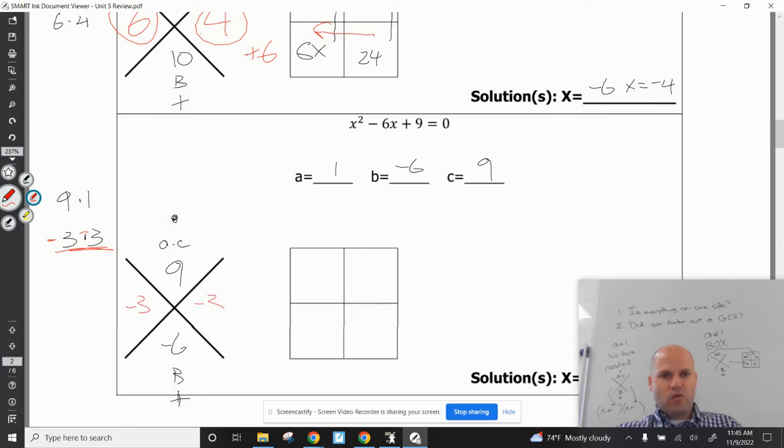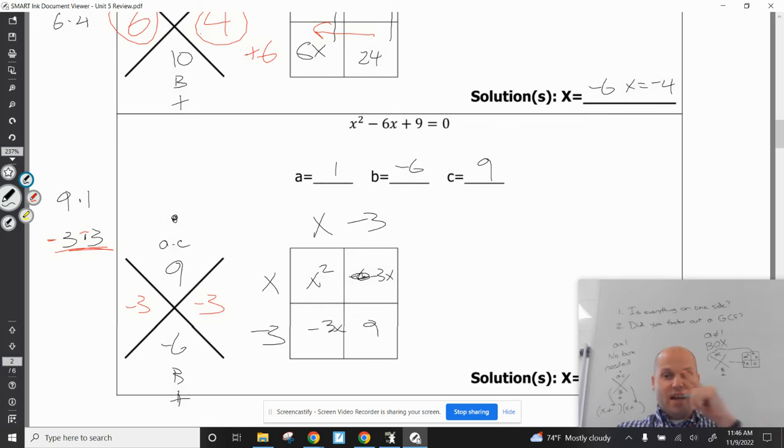-3x and -3x add to get -6x. -3 times -3 will multiply to get 9. Is a 1? Well, I could go straight to x minus 3 and x minus 3. How do I know that's going to work? Well, watch. Like x squared, -3x,